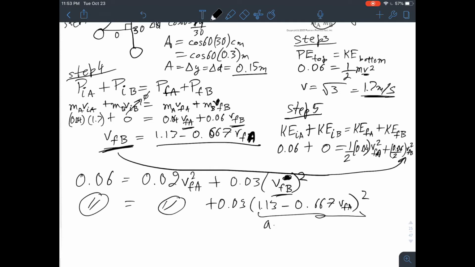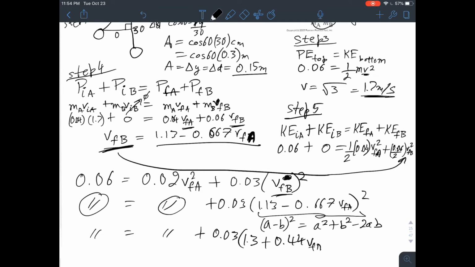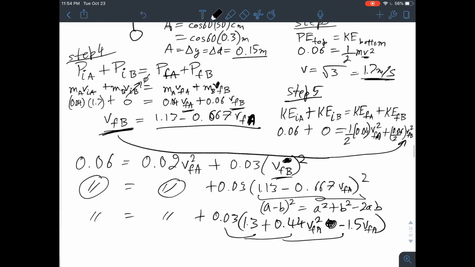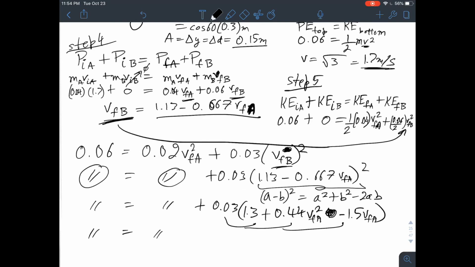And this, if you have never seen this before or don't remember, is equal to A squared plus B squared minus 2AB. So this equals that plus 0.03, and then you do all this craziness and you end up with 1.3 plus, that's A squared. B squared will give you something like 0.44 VFA squared now, plus, and minus 2AB will give you something like minus, I don't know, 1.5 V final of A. And you still have to multiply everything by 0.03, so this is fun, right? Everything stays the same, and then you end up with something like, let me write this one down, 0.2 VF of A squared,